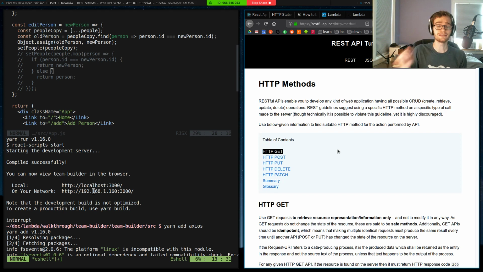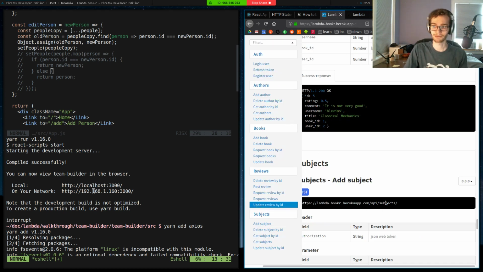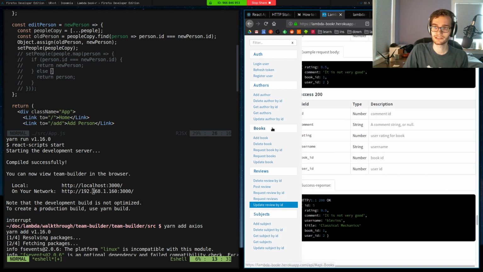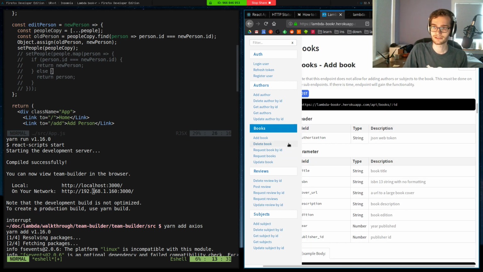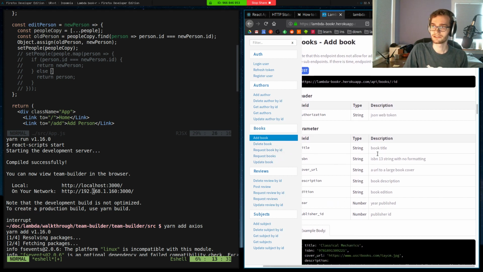Get is the verb that we use to represent when we want to get data. That is our retrieve from the CRUD acronym. Post is creating data. So if I wanted to add a book or an author, I would post to the API at that exact same endpoint. I wouldn't create a URL like create book. No, we get to reuse this books, and if I want to add a book, then we do so at